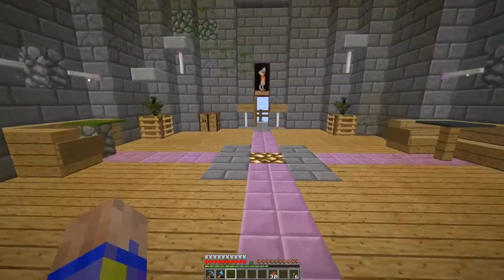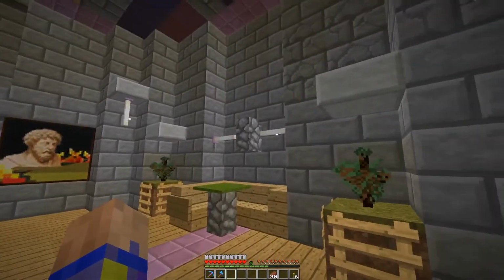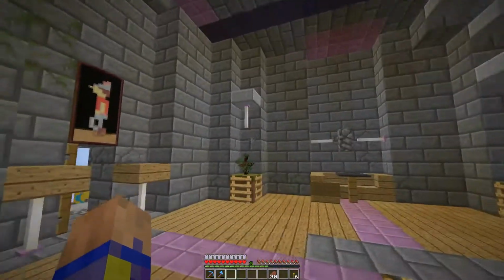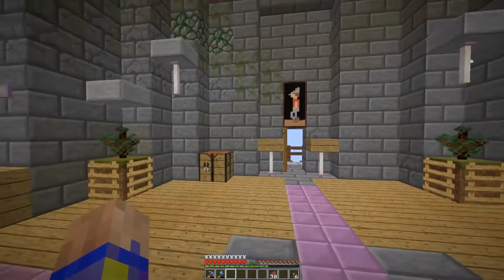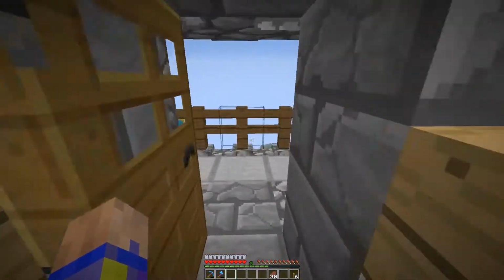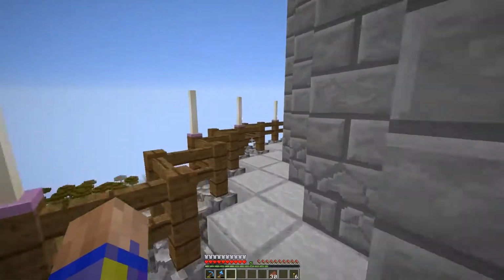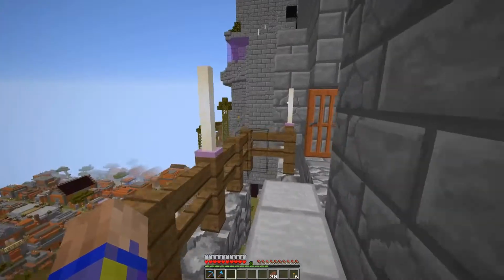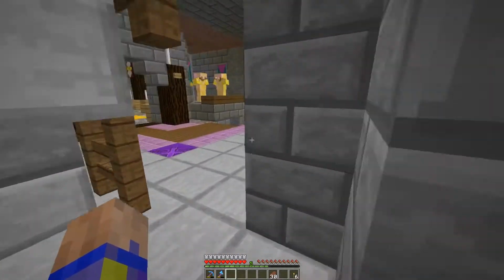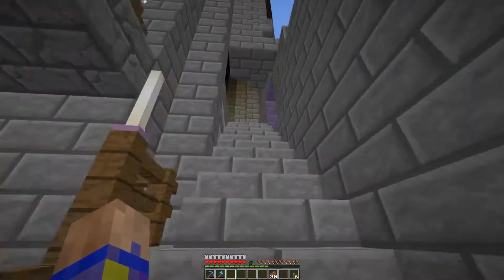This here is the second floor of that tower. Just kind of well decorated. If you go out here, this balcony, it's the same one. It goes all the way around. All the way around here. You can get back out this way to where we were. And then up here,